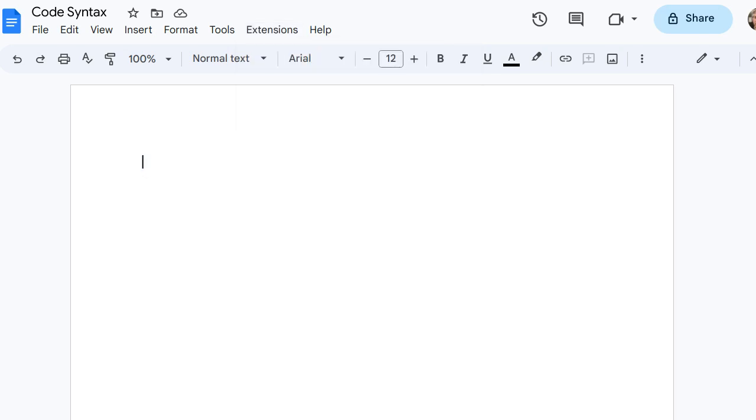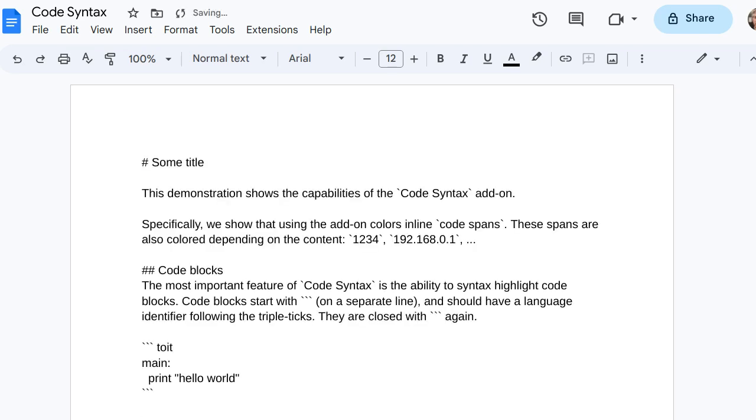It takes the whole document that you have and colorizes it according to a subset of Markdown. So let's add a little bit of text to the document here. The recognized Markdown elements are headers, the things that start with hashes. Then it recognizes inline code spans, things that are in single backticks. And then most importantly, it recognizes code blocks, also known as code fences, where you have triple ticks followed potentially